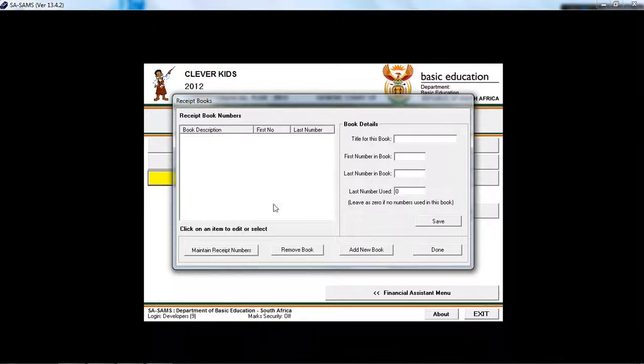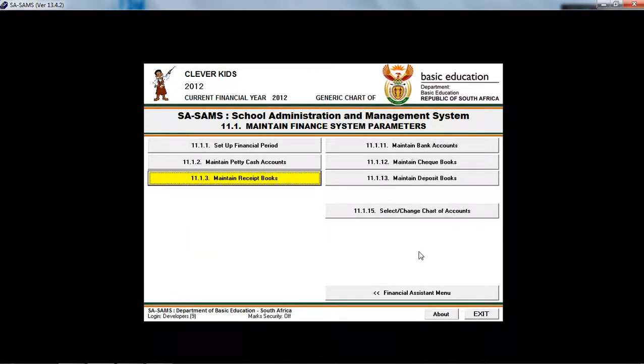If you wish to remove a book, you select it from the list and you click on remove book. If you wish to add a new book, you click over here and it'll clear the information here for you so that you can add a new book. Then click on done. 11.1.11,